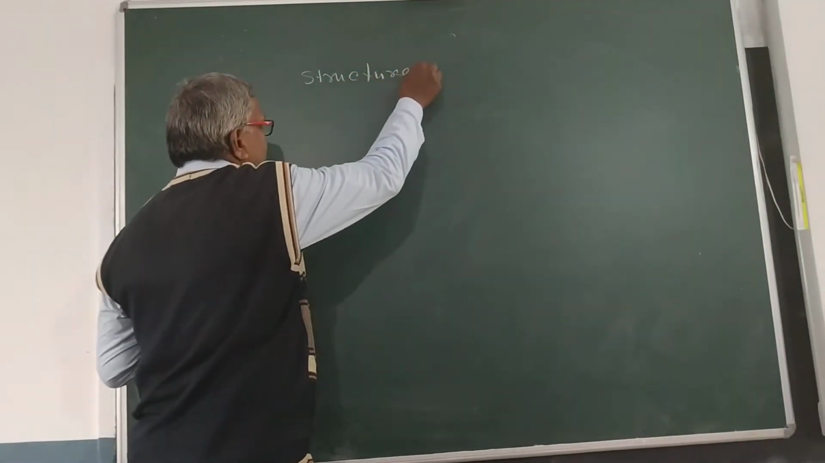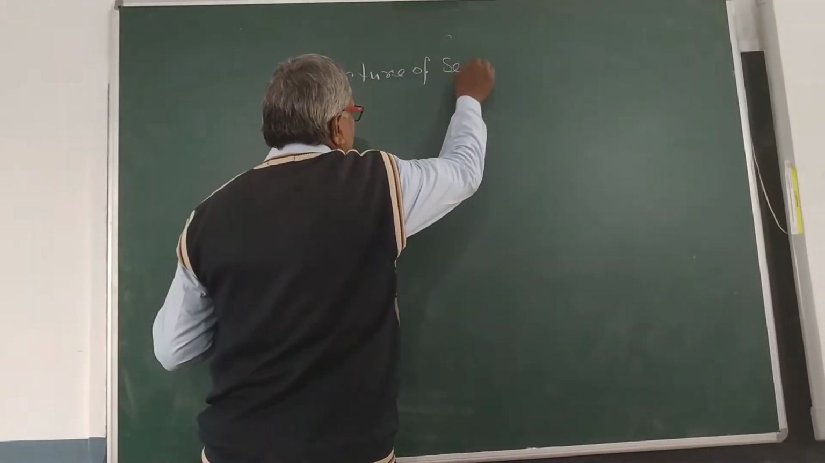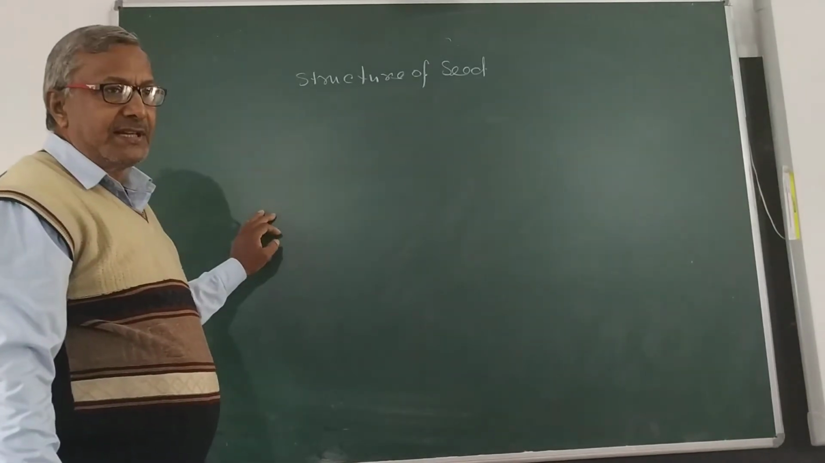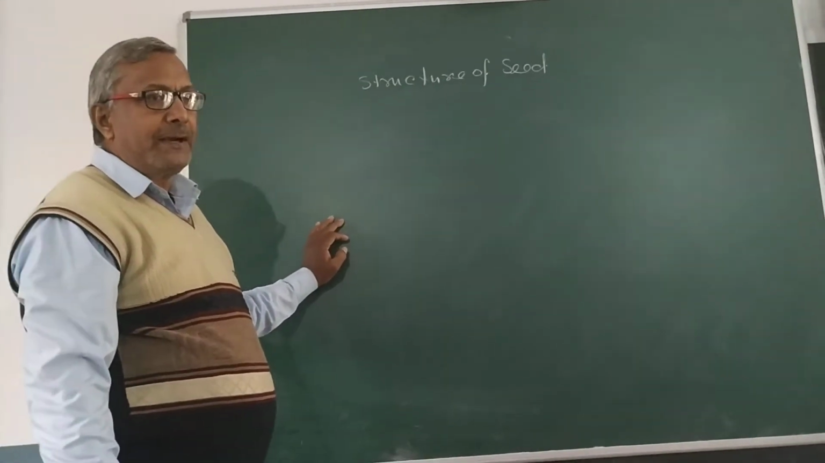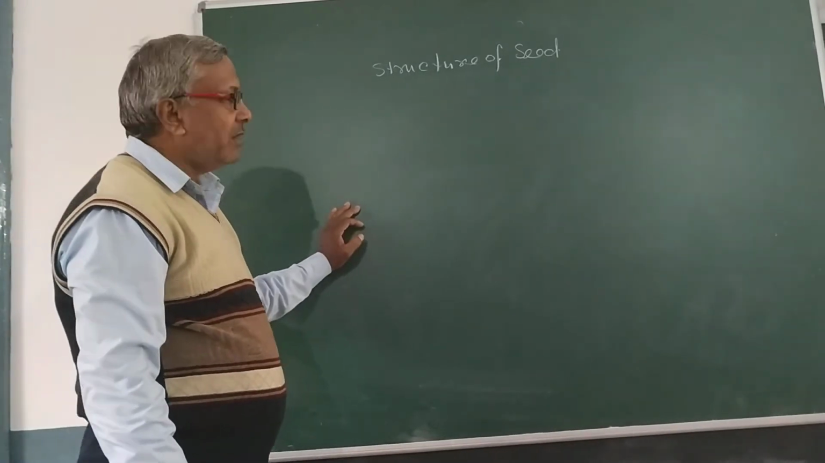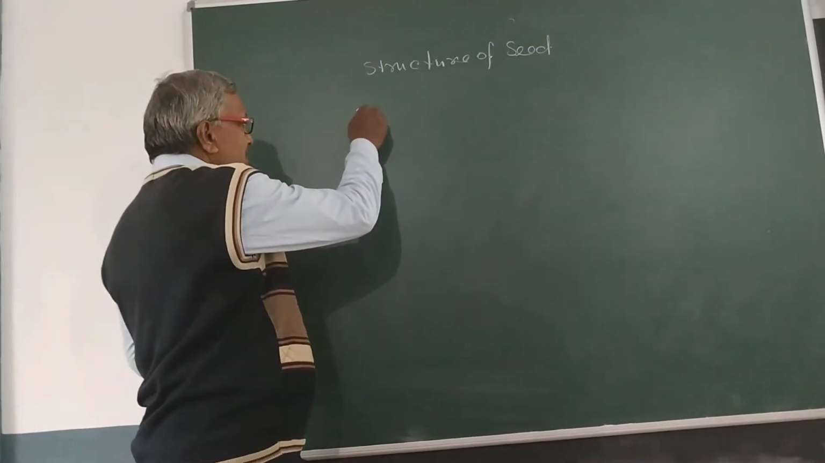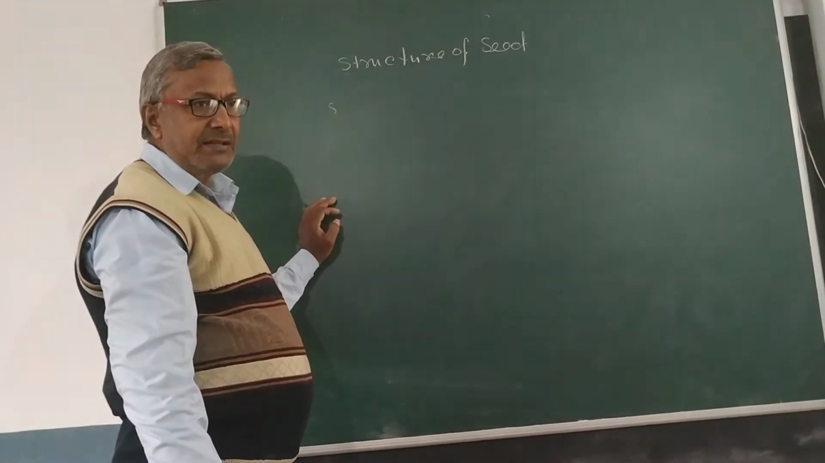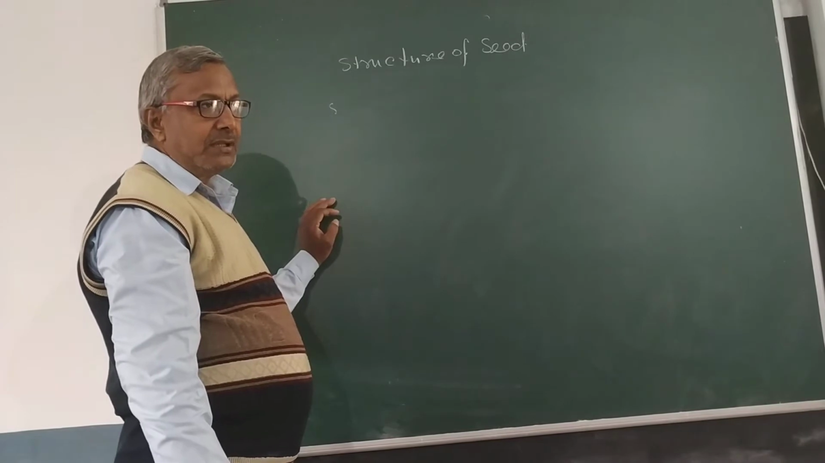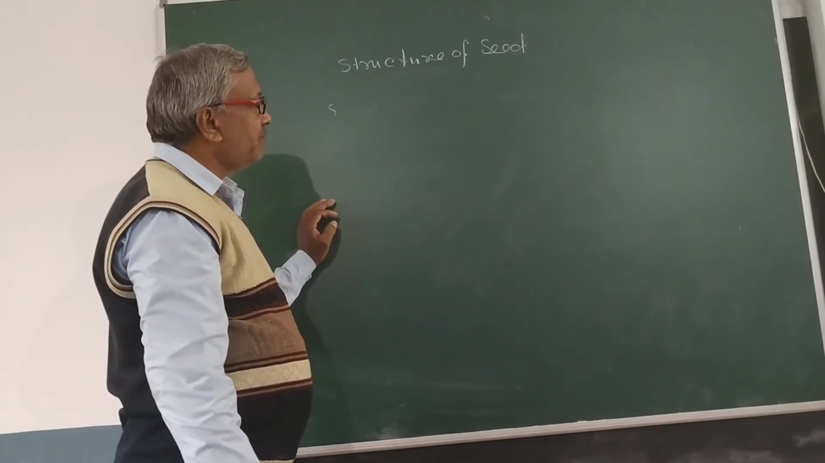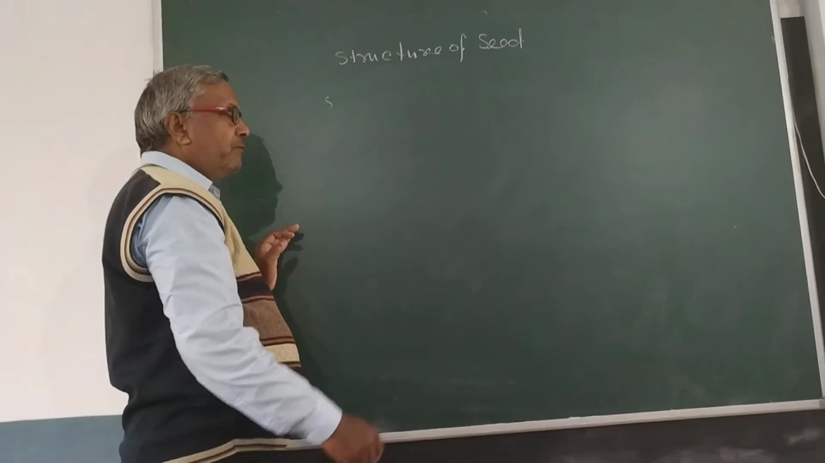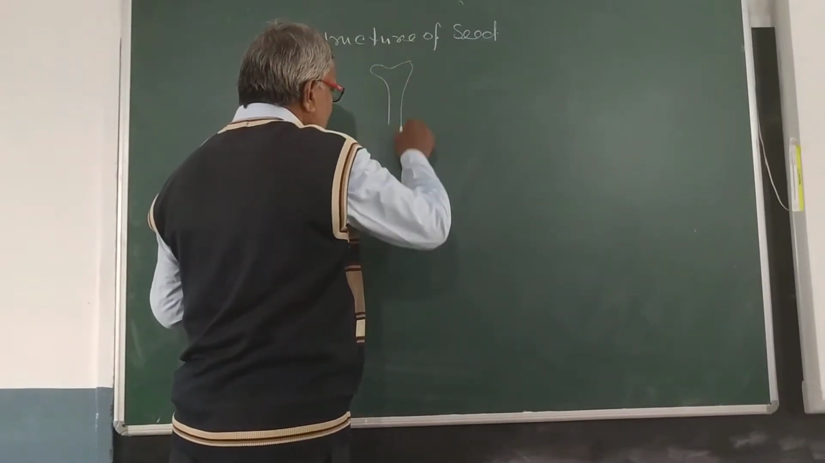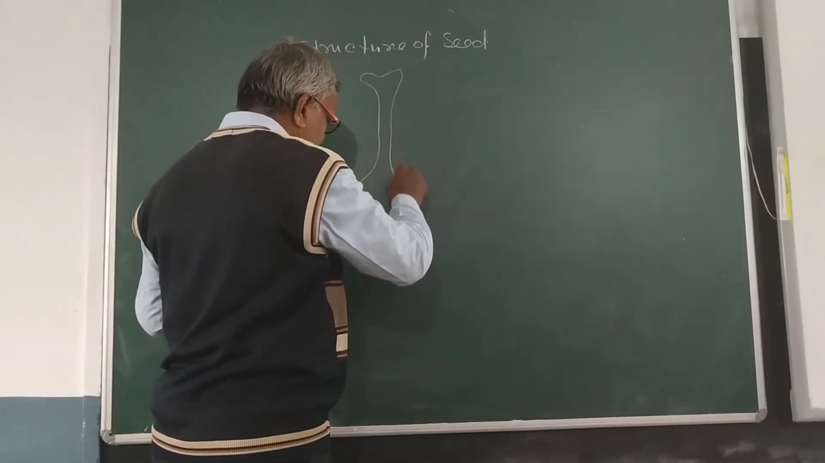Structure of seed. You have studied after fertilization what happens to the different walls of the flower. You have studied sepal, petal, stamens, style and stigma dry and fall off. Ovary develops into fruit. If you see the female parts of the flower,